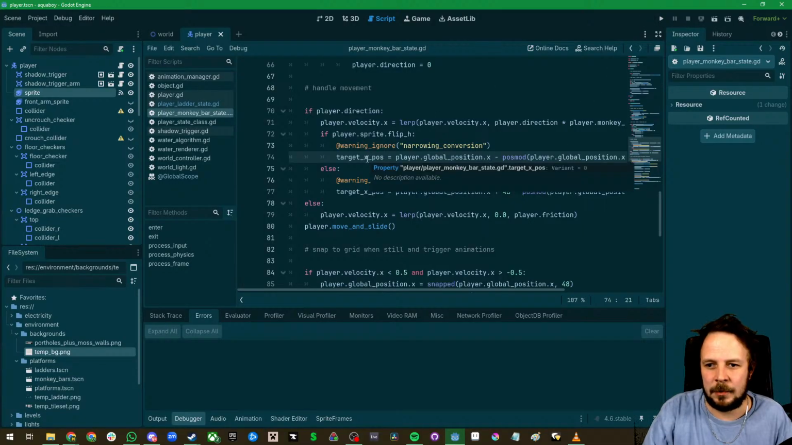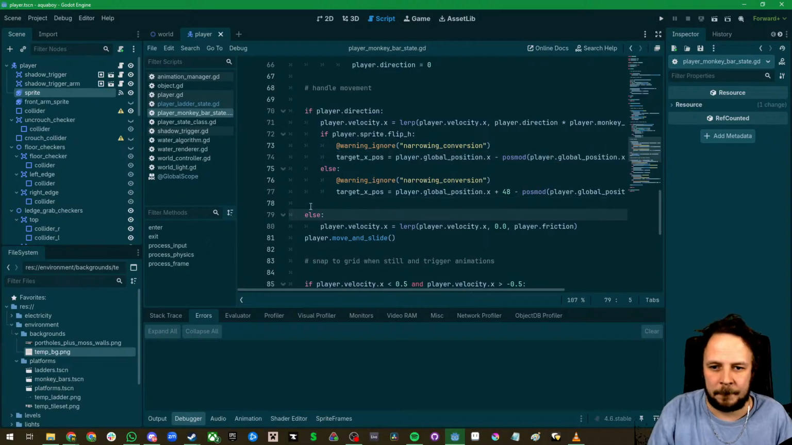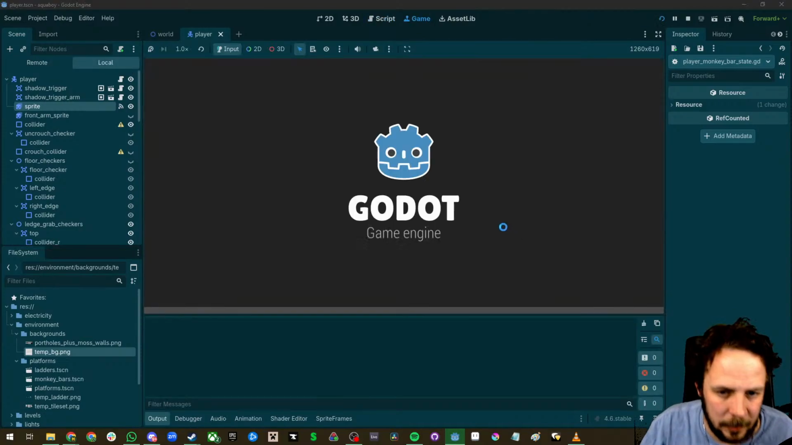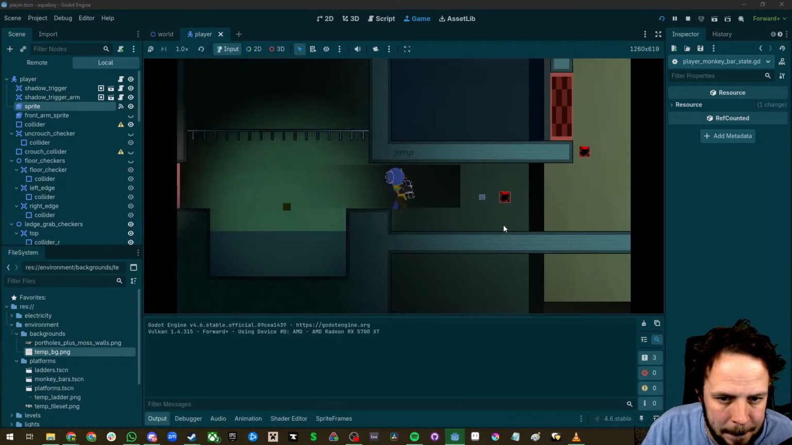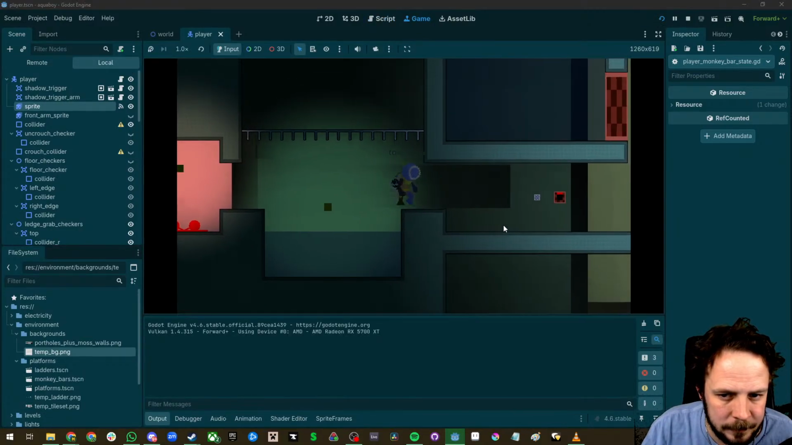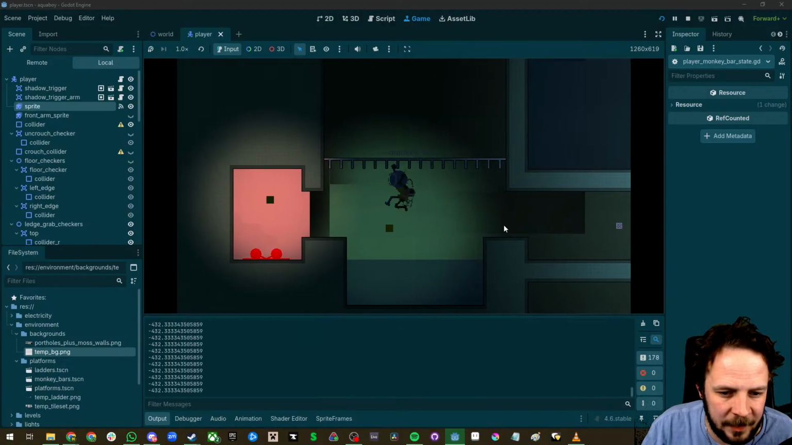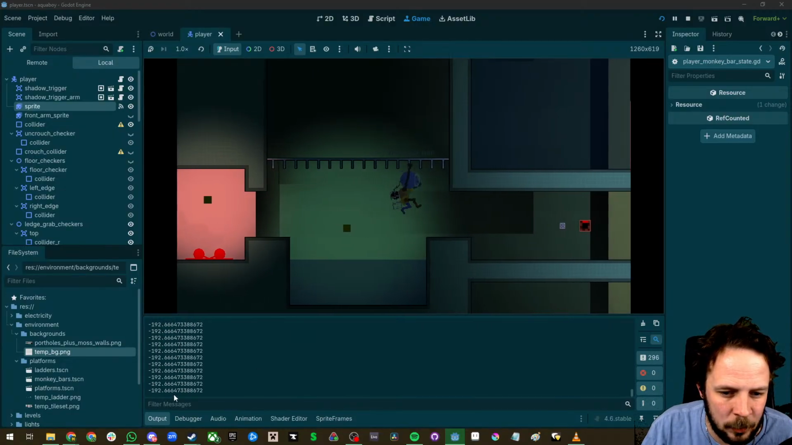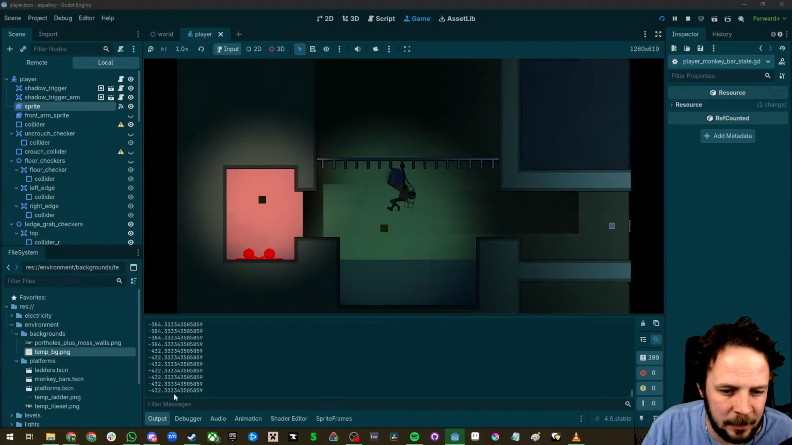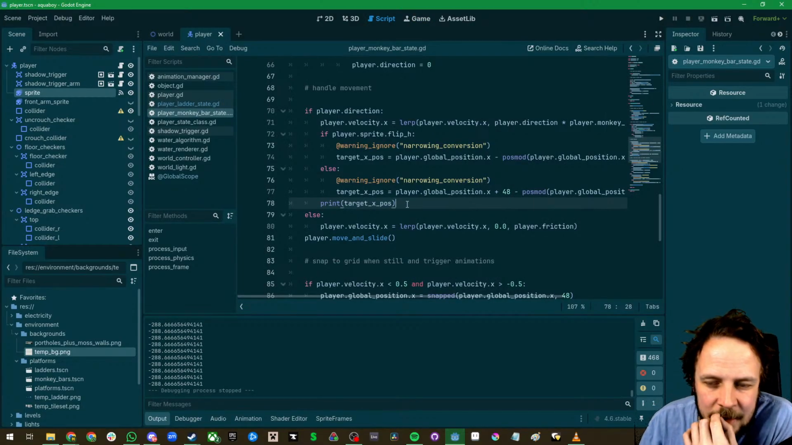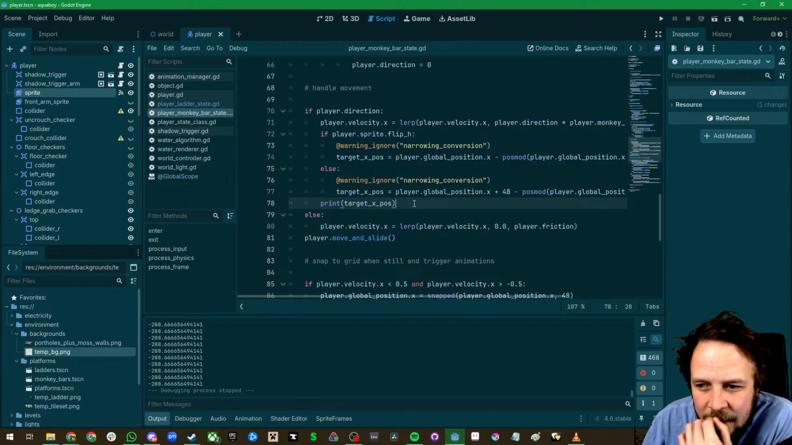And now let's print our target X position and see what it looks like. Okay, so they're not perfect integers. They've all got these remainders of 0.3 or 0.6. So there's a slight lag in the system, but that's fine because we can